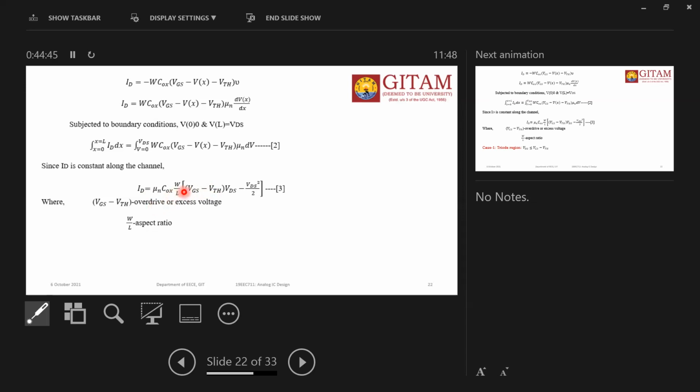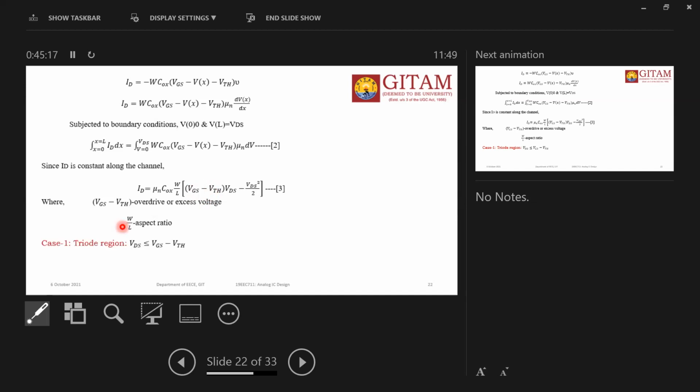In this formula, suppose VGS value is 0 and VTH value is 1, then the answer is minus 1. No challenge. Suppose VGS is 1 volt and VTH is also 1 volt, that is 0. If VGS is 2 volts and VTH is still 1 volt, then the difference is 1. That is called the effective voltage or overdrive voltage. The stronger this value VGS minus VTH is, the stronger the channel that will be established.